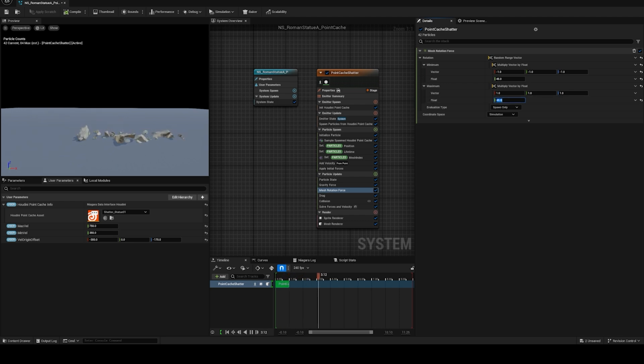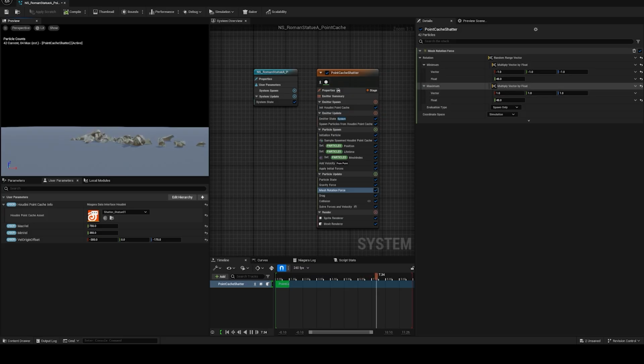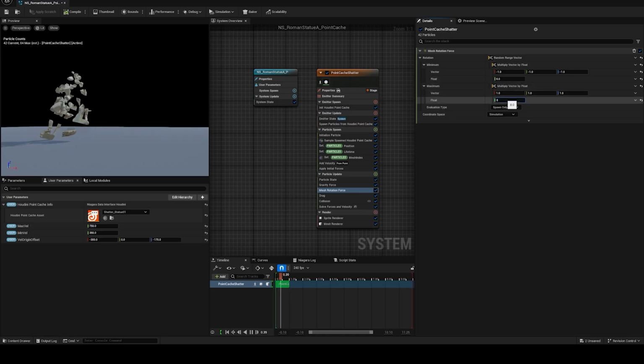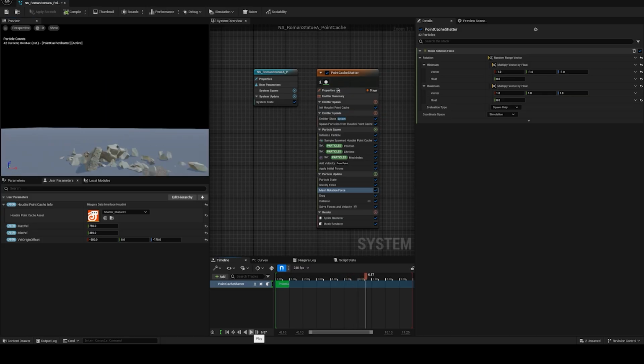So you can play with the numbers here, and something crazy like 45 will be too strong, but you get an idea that this is something that gives a lot more realism if these pieces are rotating as they're flying through the air. So we'll dial that number down to, say, 8. And this would be another good example of creating this as a parameter that would be a float parameter for